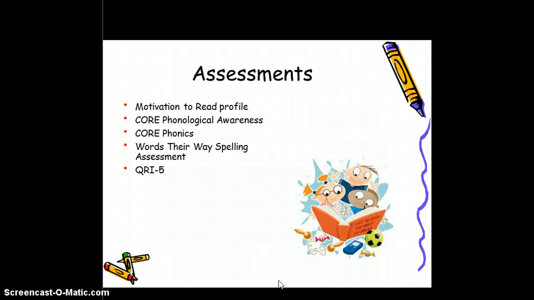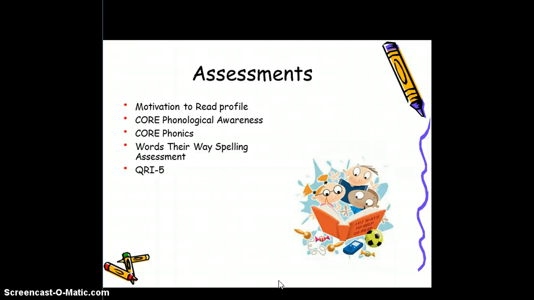So the assessments that you gave over the course of the week, there are a few of you, an actual team of reading specialists, so it was possible to get this done. You gave students the motivation to read profile, the core phonological awareness pieces with the phoneme deletion and the phoneme segmentation, the core phonics diagnostic, their words, their way spelling assessment, and the QRI-5. So you have all of this data on the group of students